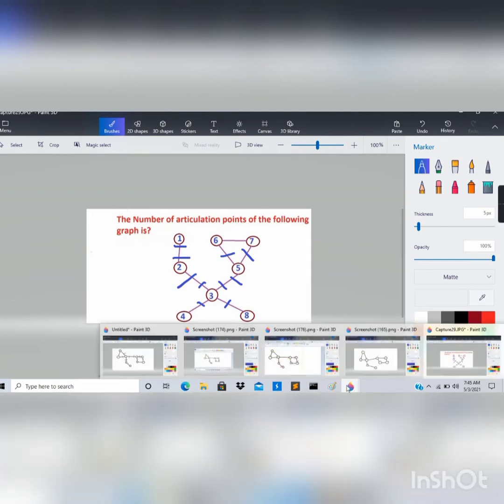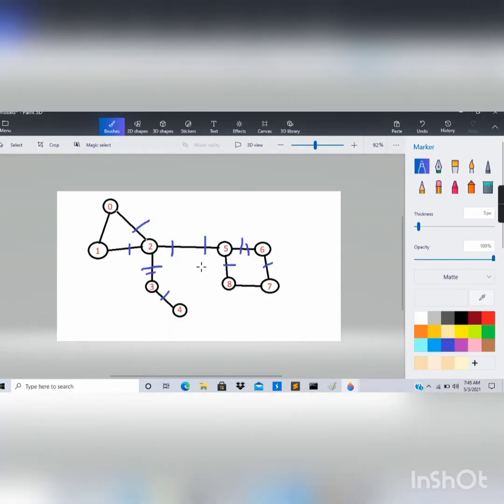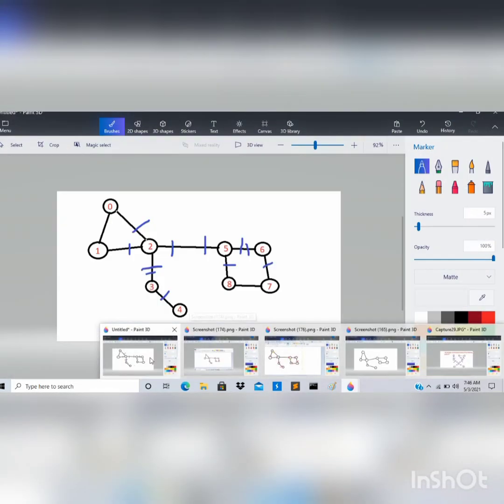Now let's see how we can find these articulation points. What do these articulation points actually represent? These articulation points represent weak links in a network or in a communication system. This method can be used to find out where the weak link lies. If we remove any weak link, then the communication between the two parts of the system will get damaged. So these articulation points represent weak links. Let's see how we can find these articulation points.